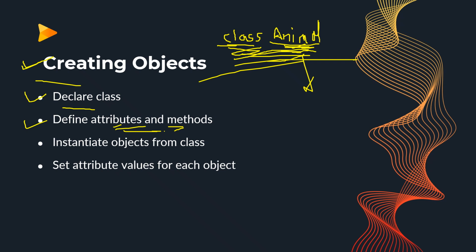Now we are going to see how to create objects. You can create an object by using this. If you want to create Animal type objects, this is the method by which you can create objects. First of all we will give this Animal class name, and after that we are going to give the name of our object. Suppose I have to create a dog object. So this is the dog object, and after that